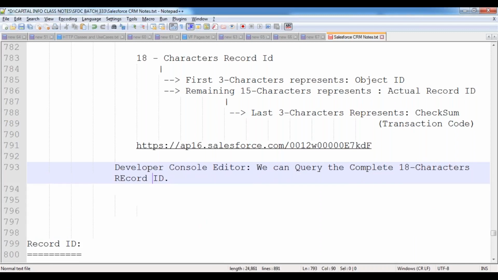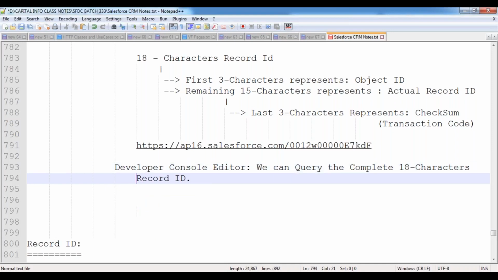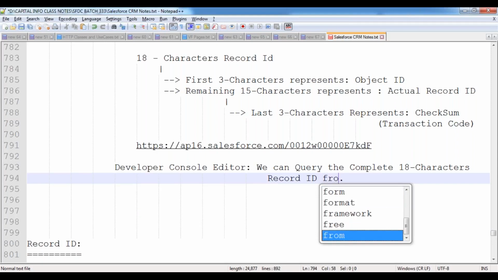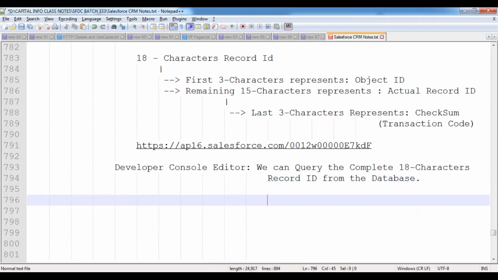We can query the complete 18-character record ID from the database. Whenever you want to see the complete 18-character ID of the record, remember that the URL displays only the 15-character ID.